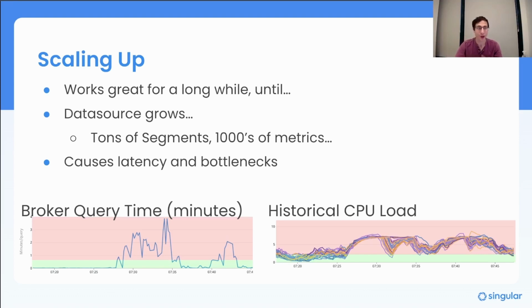Our data source grew, the number of segments grew, and we got to tons of segments with thousands of metrics and dimensions. And this caused latency and bottlenecks. You can see beneath me the broker query time. That graph is in minutes. The highest spike up there is like 4 minutes. So in times of intense load, we could reach a time where a query would take 4 minutes to return, which is insane. And it's extremely correlated with the historical CPU load,